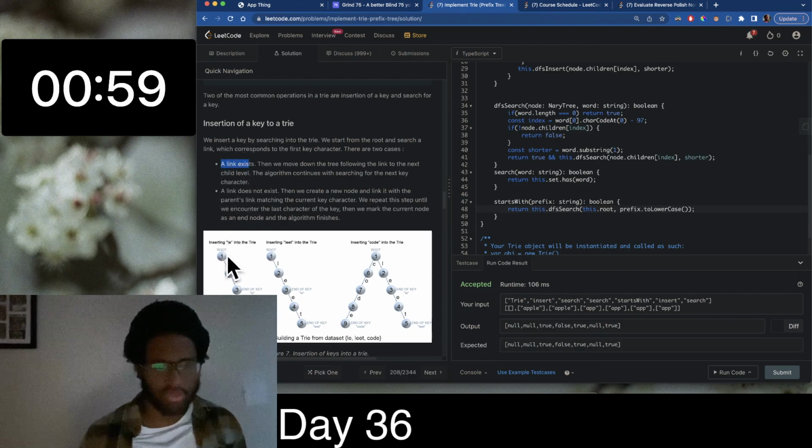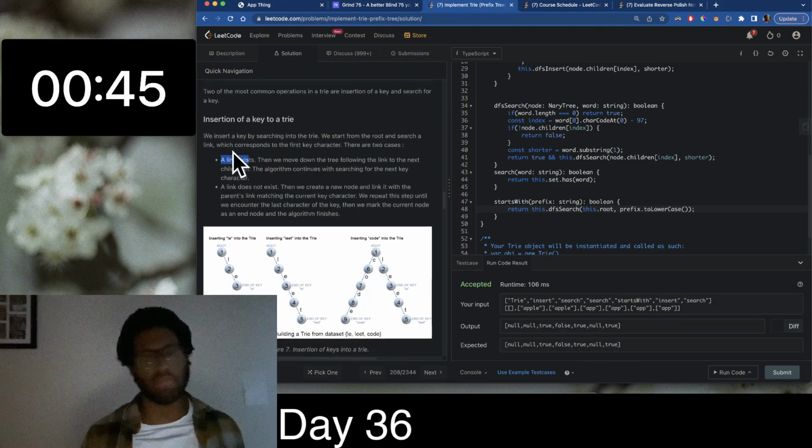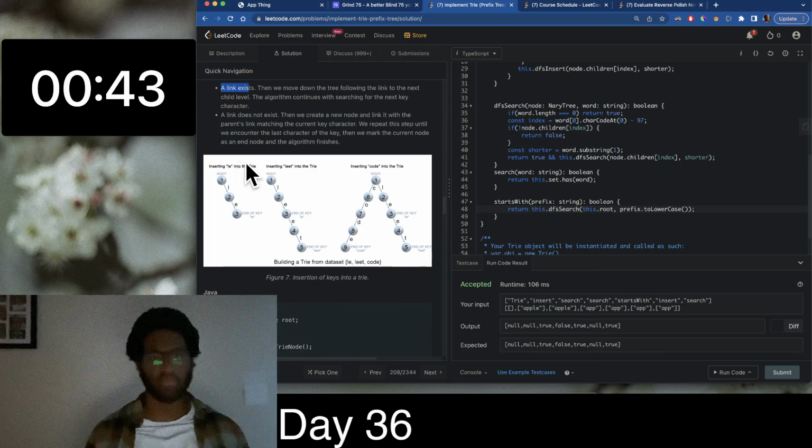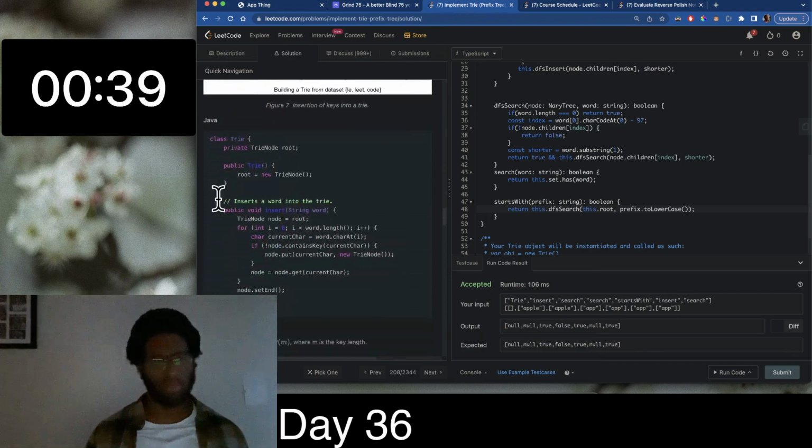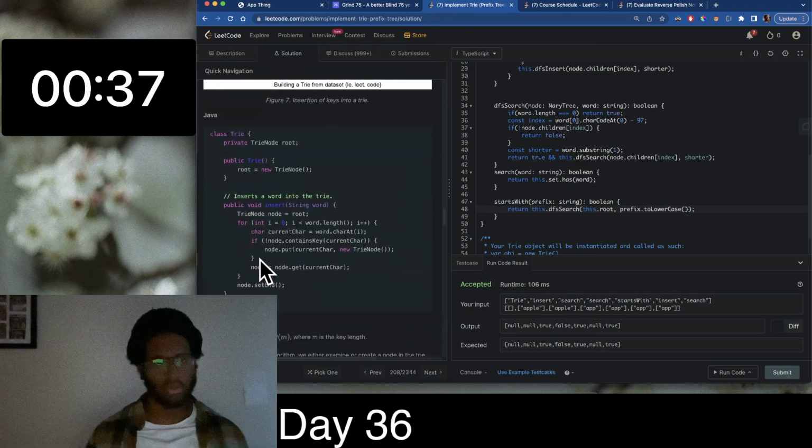Inserting LE into the trie: root, L, E, end of key. Inserting LEET: LE already exists, then we create E and T. Then we can insert code. We repeat this step until we encounter the last character of the key. Then we mark the current node as an end node and the algorithm finishes. So insertion